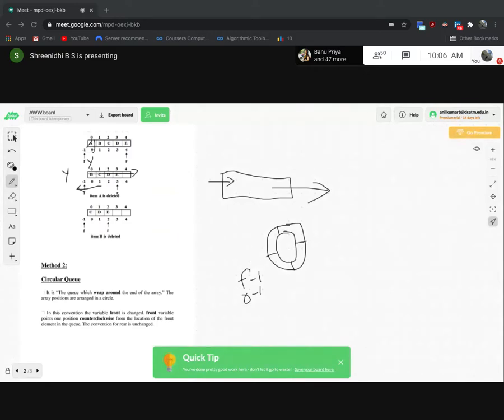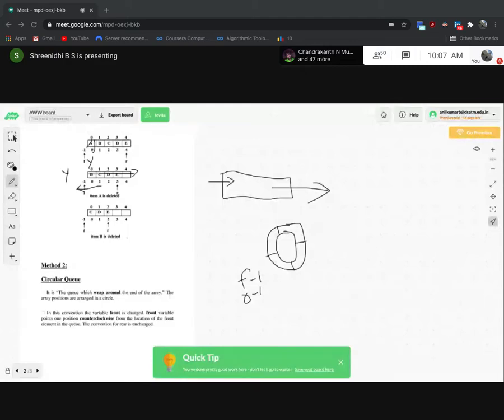Normally in queues, we use the rear end to insert the data and the front end to delete the data. It is displaying on the screen itself. By incrementing the rear end, we insert the data into the queue. By incrementing the front end, we delete the data from the queue. Okay, that is a normal queue.